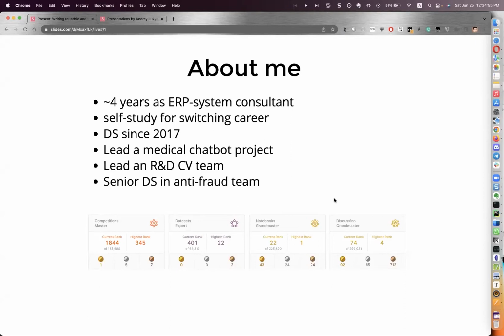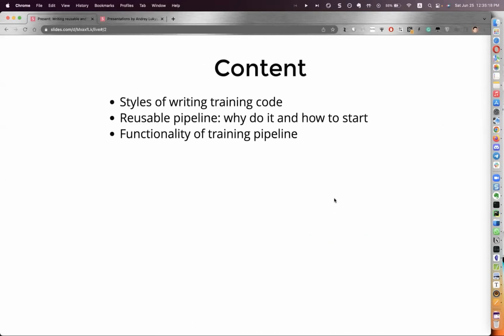And as it was said, I have some other activities, for example, Kaggle. All of this means that I have trained a lot of different models, implemented many projects, and started collecting my own reusable pieces of code. And in time, it evolved into a training pipeline. Well, at least for neural nets. It's more difficult to make pipelines for usual machine learning. And today, I'm going to share my experience.